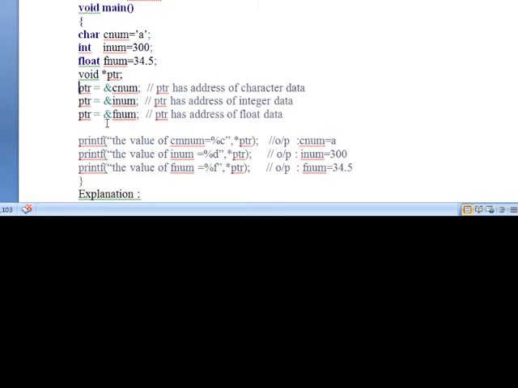It is capable of holding any data type's address, just like a student, just like a person. Every human being has a void-pointer-like nature. Suppose a person X goes to college, he acts as a student.